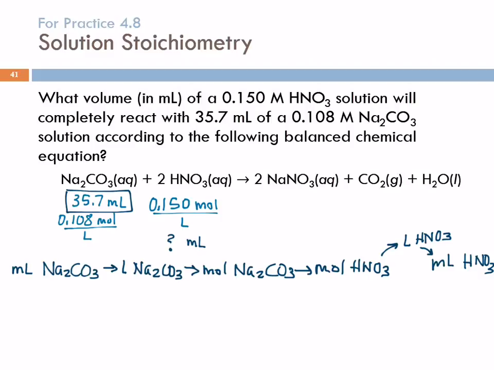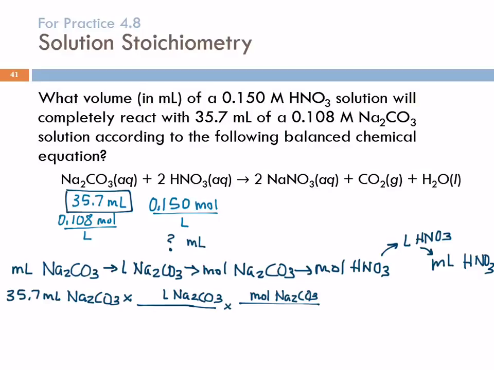So I've got 35.7 milliliters of sodium carbonate, and I need to convert that to liters of sodium carbonate, and then to moles of sodium carbonate, and then to moles of nitric acid, and then to milliliters of nitric acid,